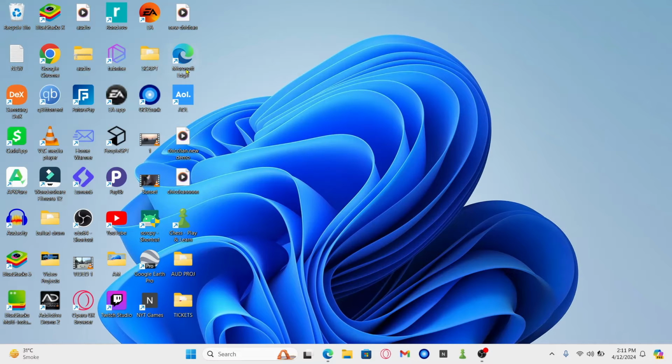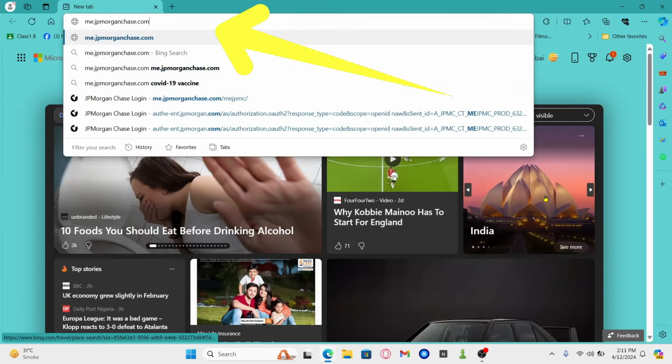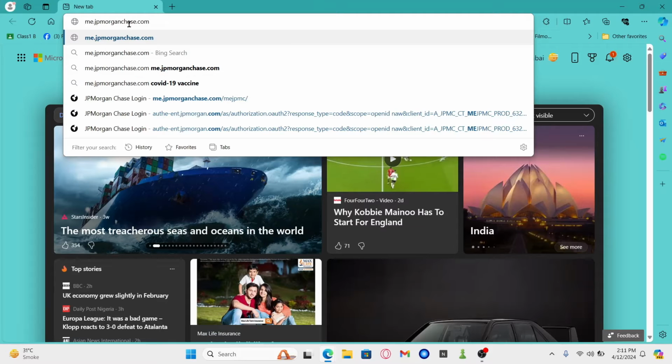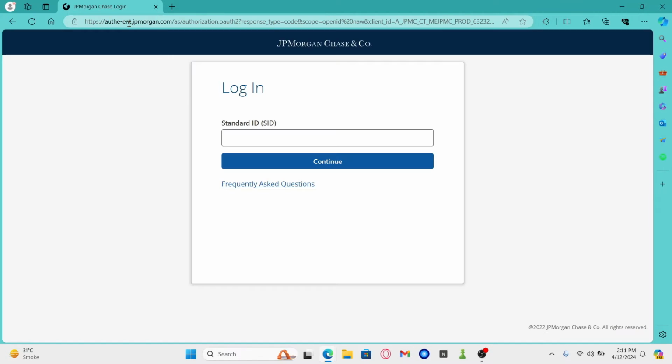First of all, open up your web browser and then in the address bar type in me.jpmorganchase.com and press enter. You will now be asked to enter your standard ID or your login username. Go ahead and type in your username that you set up while creating your HR account and then click on